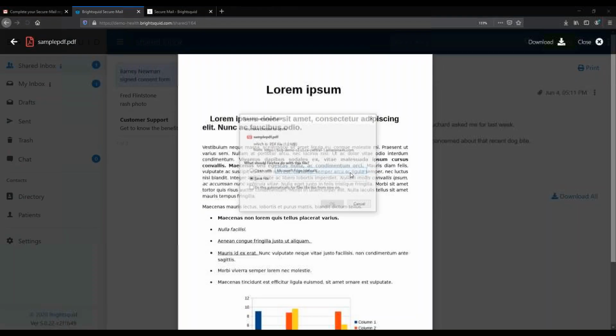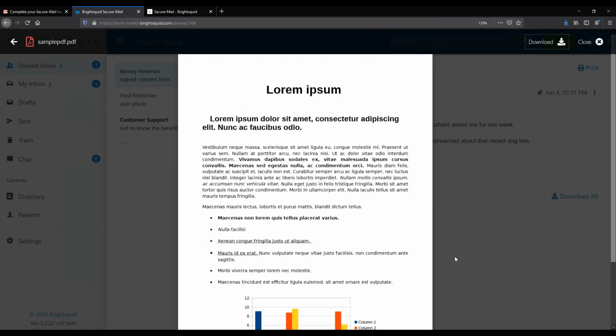Actually, you know what? I will save that file. There we go. And now it's been saved to my computer. Now, interesting little tip here I want to point out. When the files get downloaded, they get downloaded onto, as I mentioned, your computer. But if you ever downloaded a file and then you weren't able to find it afterwards, it can be very